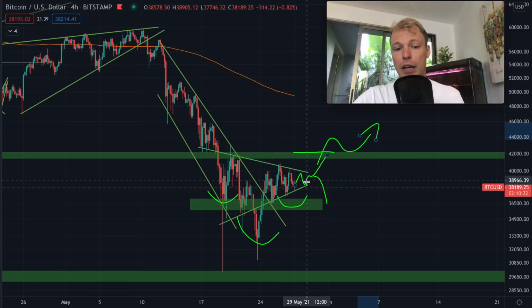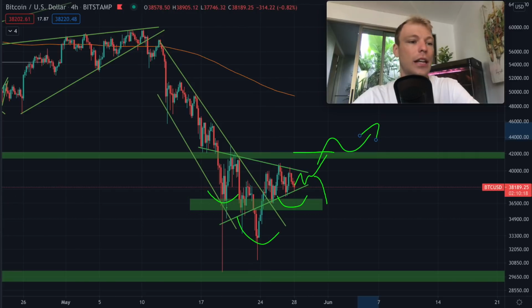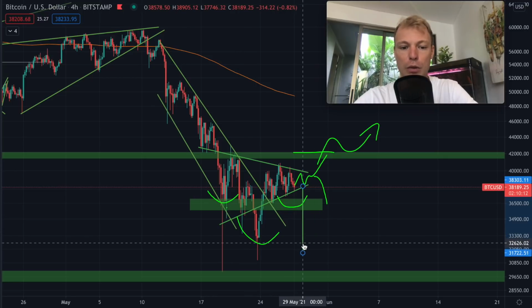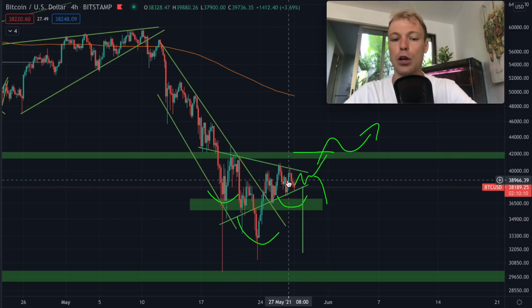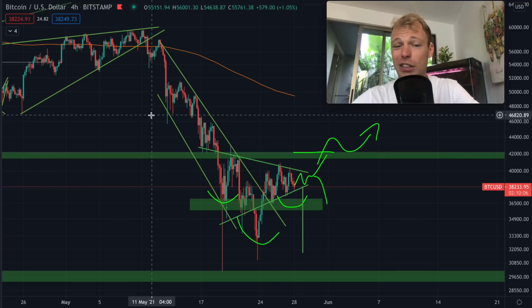However, if we were to break out to the downside, most likely we can see lower levels in the Bitcoin price. Let's measure the target of the triangle formation. So we take the width of the triangle, put it at the point of breakout. Then you can see that if we were to break out to the downside, we get some support at approximately